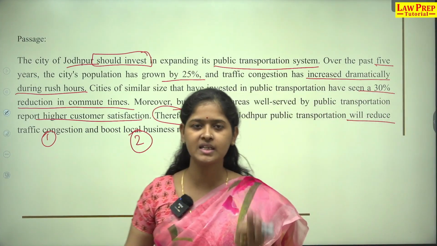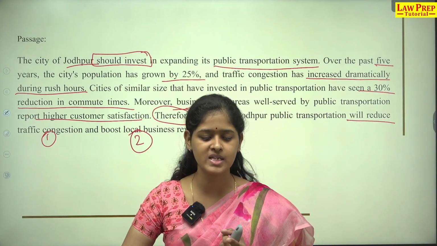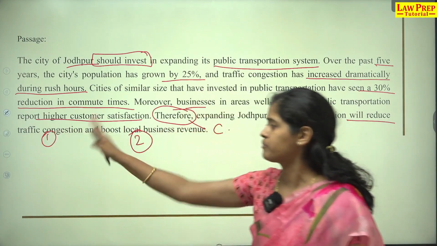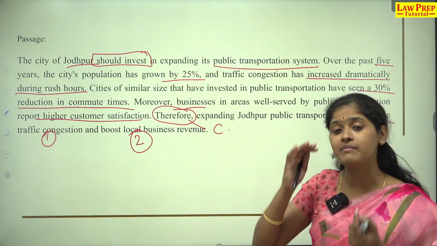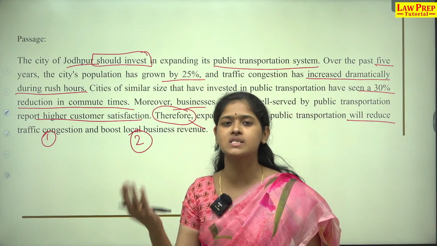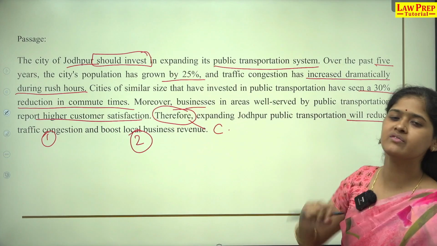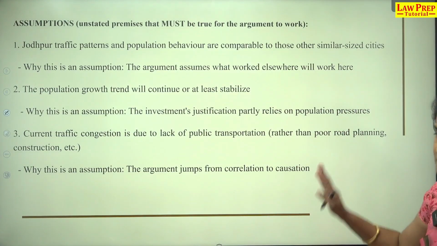If I take it in an exam or mock way, I do not know what questions are there. But if someone asks me a course of action question, I'll know the answer. Why? Because they have given two impacts, right? Suppose they ask me a strengthening or weakening question, I'll remember what the basis of the author's arguments are. That's why I have marked something and taken this in the circle. Now these are the assumptions of this